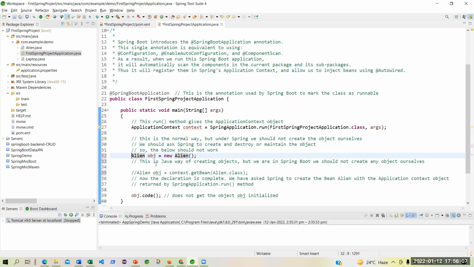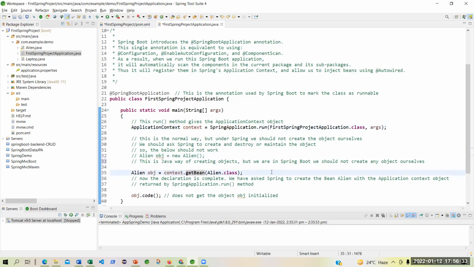What will we do? Again, we need to understand this part. We are using the context that has been given by Spring Boot through the application context interface, through the Spring application class. This context you are going to use to get, not to create.